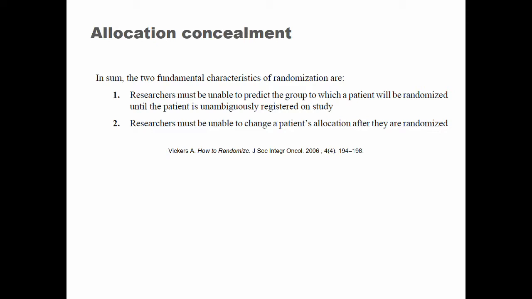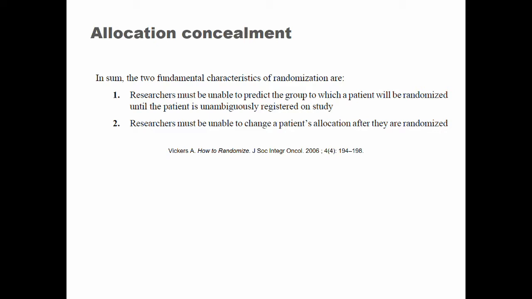And what we mean by this is it can't be a situation where you are consenting people, you enroll them in the trial, you get their random allocation, you see what it is, and then you decide to unenroll them from the trial because you didn't like the randomized allocation. So this has to be a system, is what we're talking about, where we can't know what the allocation is until the people are unambiguously registered on the study and cannot just be taken off without some kind of evidence